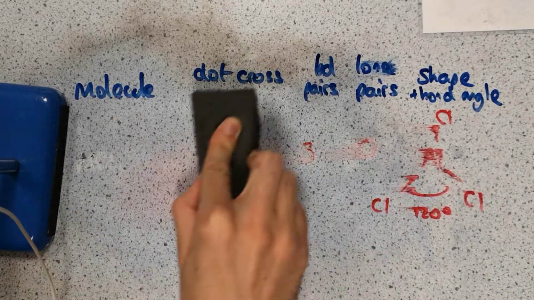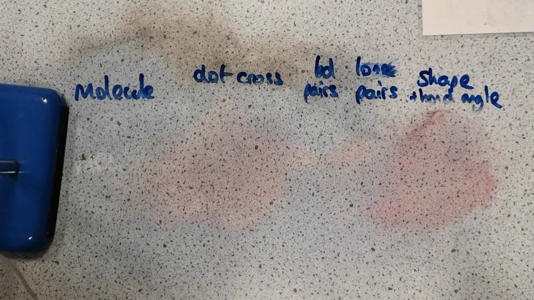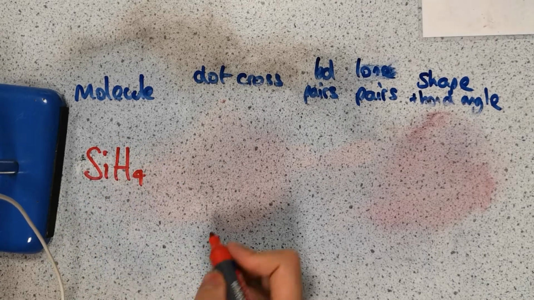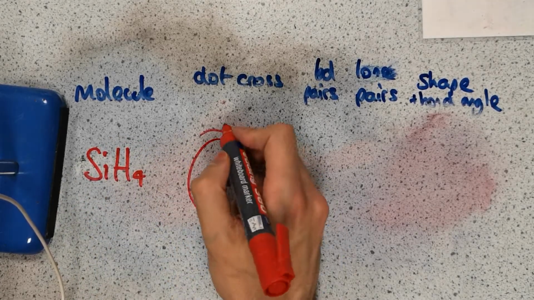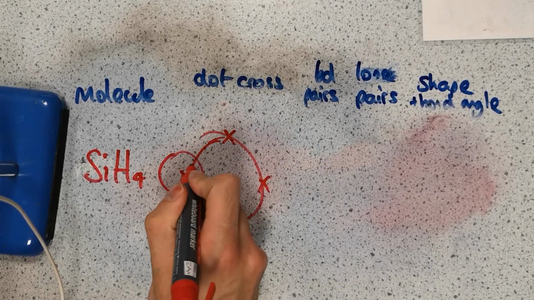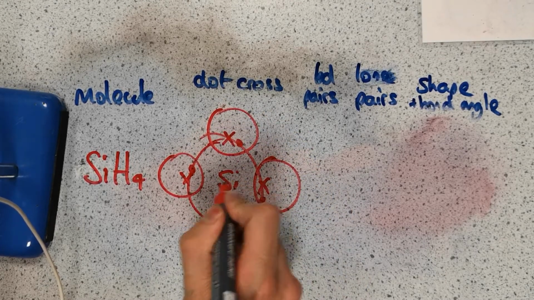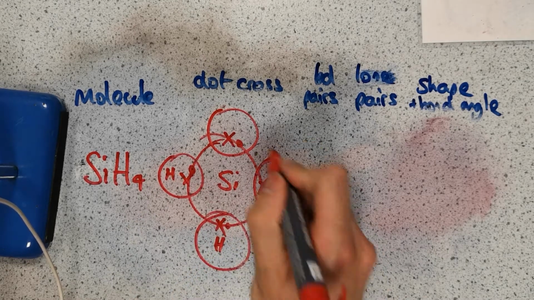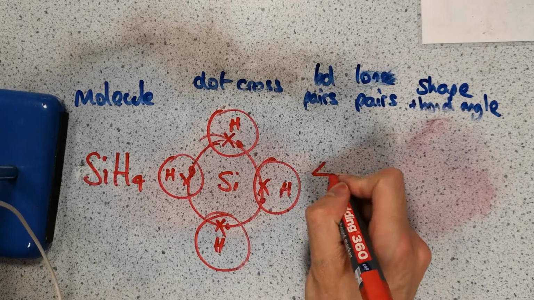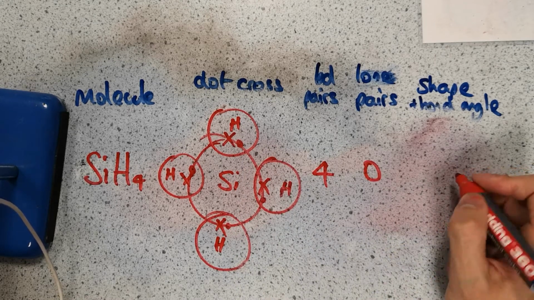Next one, silicon tetrahydride, SiH4. So silicon, just below carbon on the periodic table, 4 electrons in its outer shell. So it's going to form 4 bonds with 4 hydrogens. So 4 single bonds gets it nice and stable. That gives us 4 bonded pairs, no lone pairs around the central atom, and that creates